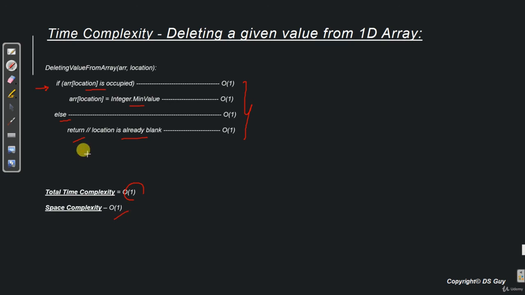So in this video we have learned 3 things. Number 1, how to access a value from a given cell. Number 2, how to search for a given value in an array, and the third thing was how to delete a value from a given cell. With this we end this video. In the next video we are going to recap all the time complexities and space complexities of these 6 standard operations that we have seen, and we'll also see what the Java code of all these algorithms looks like.